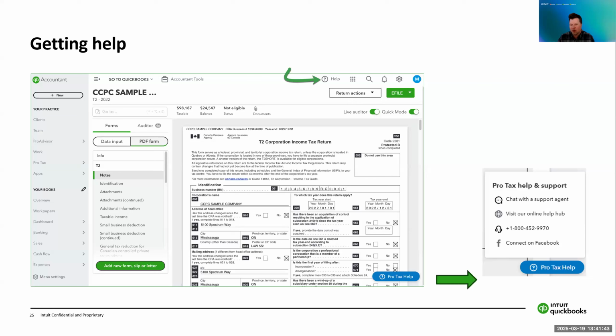And I know that ProTax was providing 15-minute free calls to anyone who is looking to switch to ProTax. So there's also that option for you as well. I think that's still relevant. I'm pretty sure they're staying with that because it is such a helpful resource, especially for those that want to move to ProTax.